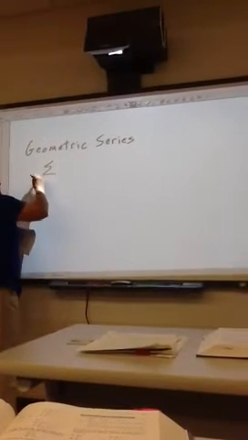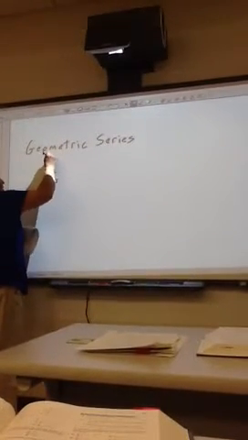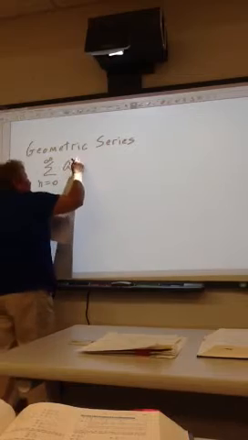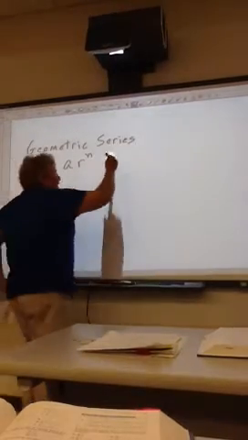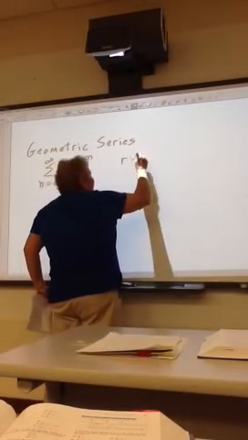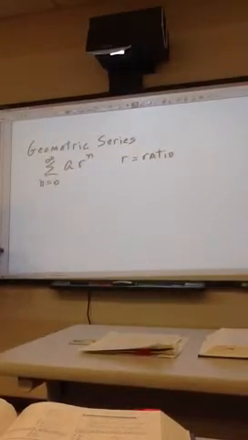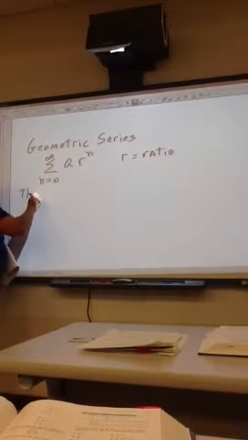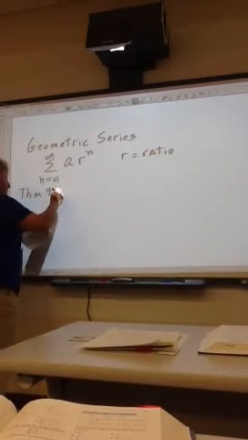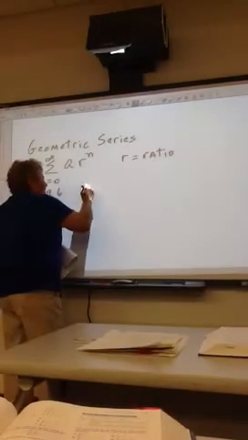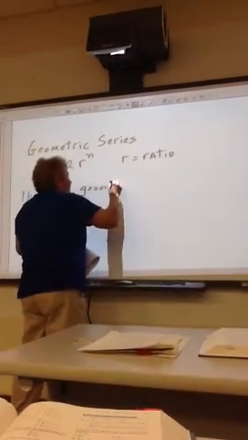So a geometric series looks like a sum of a r to the n, and the r, back in your pre-calc, was called the common ratio. In the calc book, he just calls r the ratio. And there's such a great theorem about this. A geometric series converges